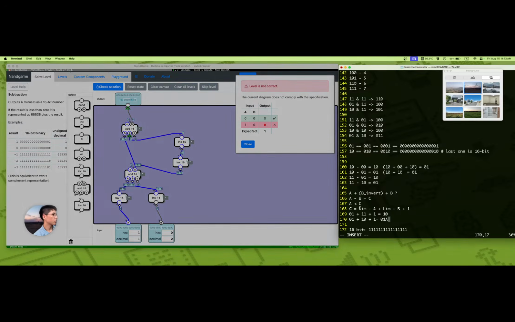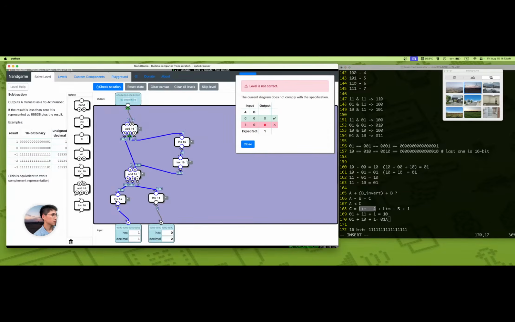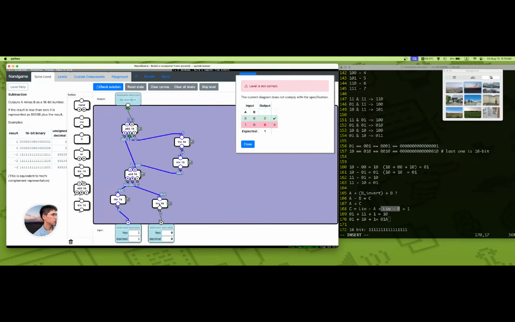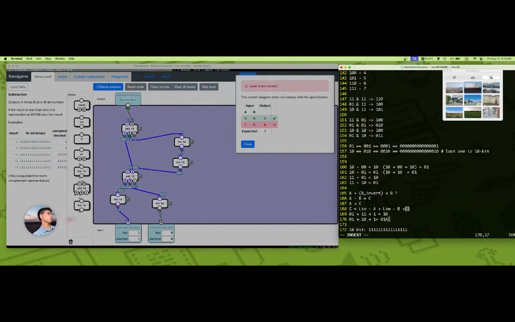Now look, let's follow strictly, okay? Let's do it strictly. Who is the boss? Limit minus a. This one. Yes. Limit minus b. This guy. And we do the summation. Yes, done. Plus 1. Plus 1? 1 is here, you know. We are adding 1 bit, okay? 1 bit to it. We add 1 bit. If we add 1 bit means